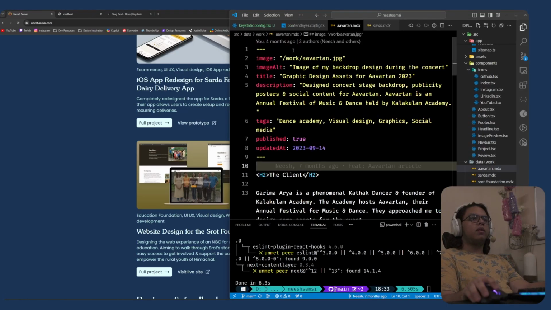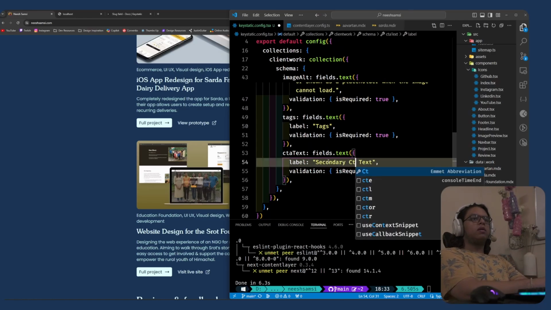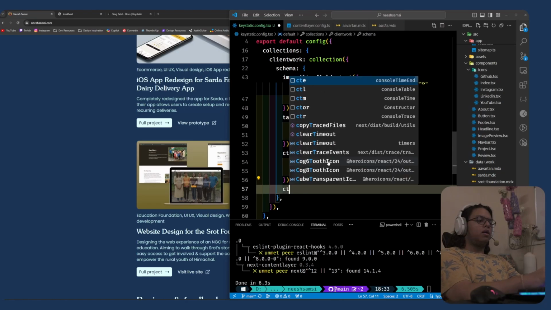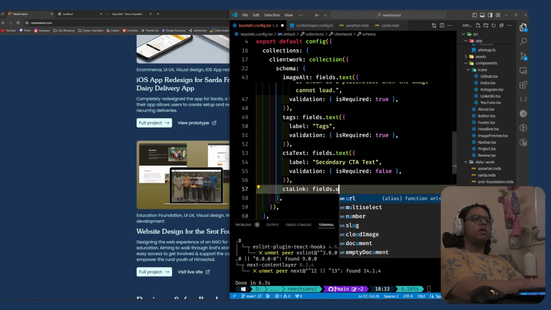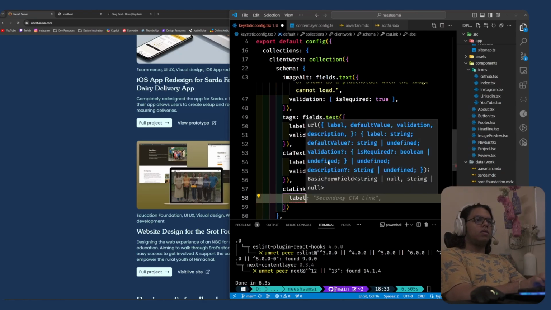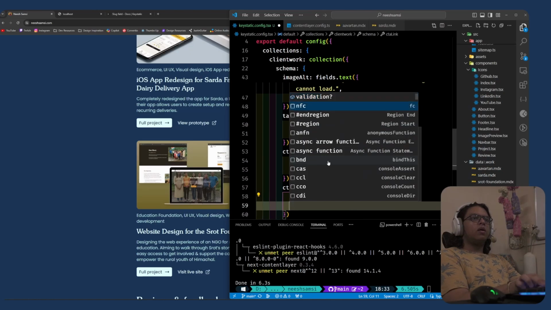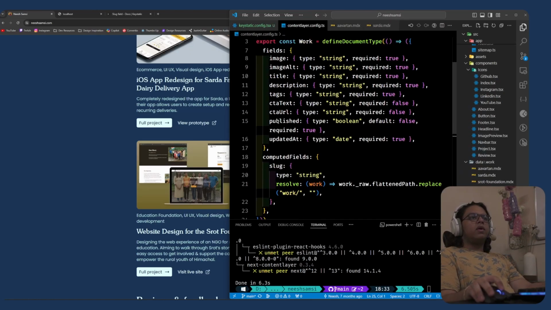So I'm going to say secondary CTA text and CTA link, which is going to be a fields.url, and also label, and yeah, that's fine. I'm going to put in validation of is required, and lastly we have